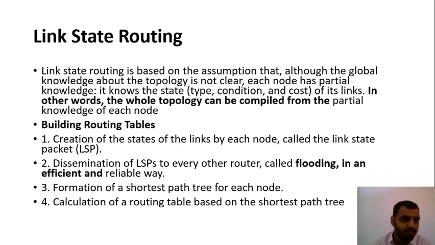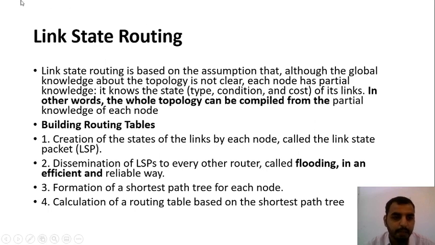Understood? In distance vector routing, the routing table information is stored at the local level, whereas in link state routing it is stored at the global level, so that the information can be utilized by other routers or nodes to pass on the packets and the routing table data to the respective receivers' end.